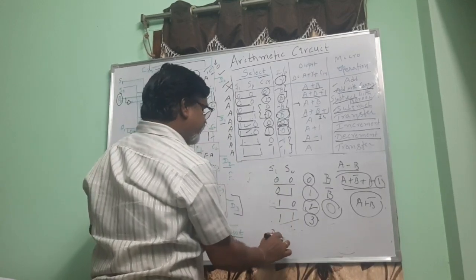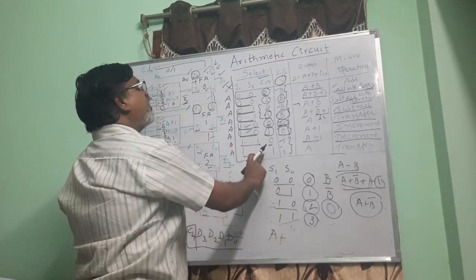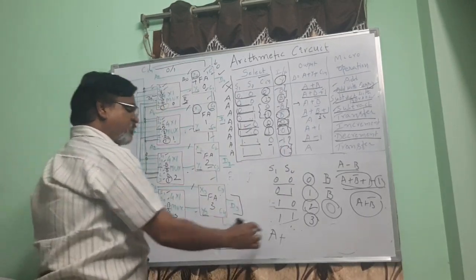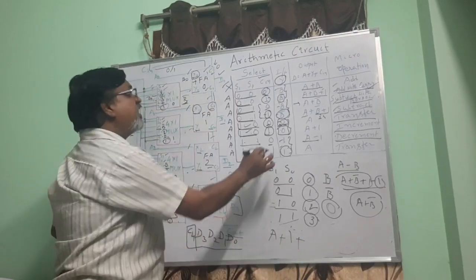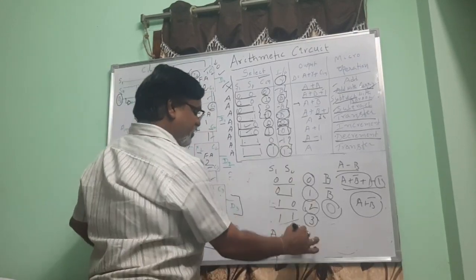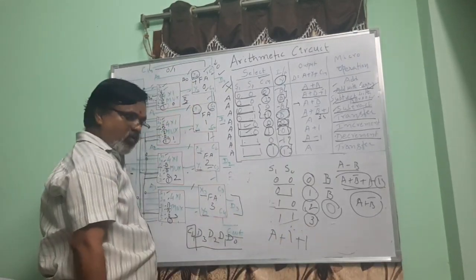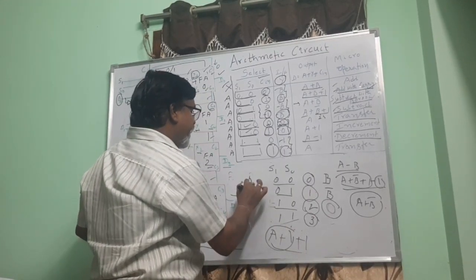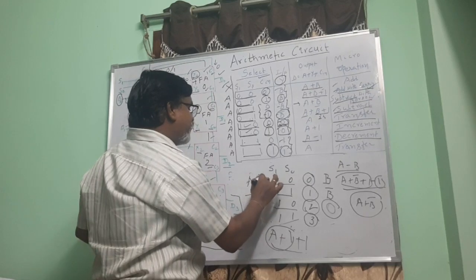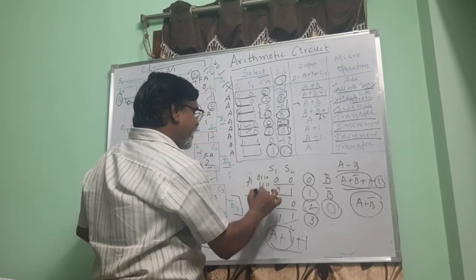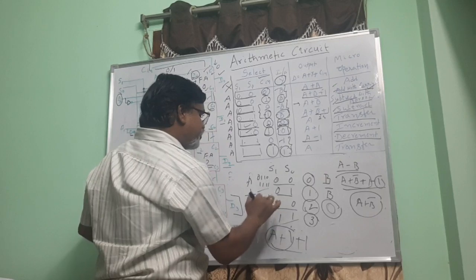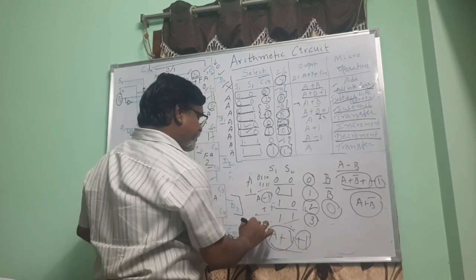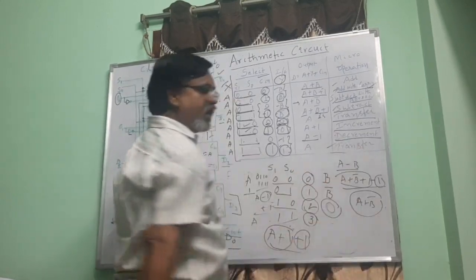So A is one input. When these two are 1, 1, here Y is the third operation 1, 1 plus, and here Cin is 1. So in this situation, as I told you previously, adding all ones means it is nothing but A minus 1. So for this A minus 1, if you add again A plus 1, this becomes A, which is again nothing but a transfer.